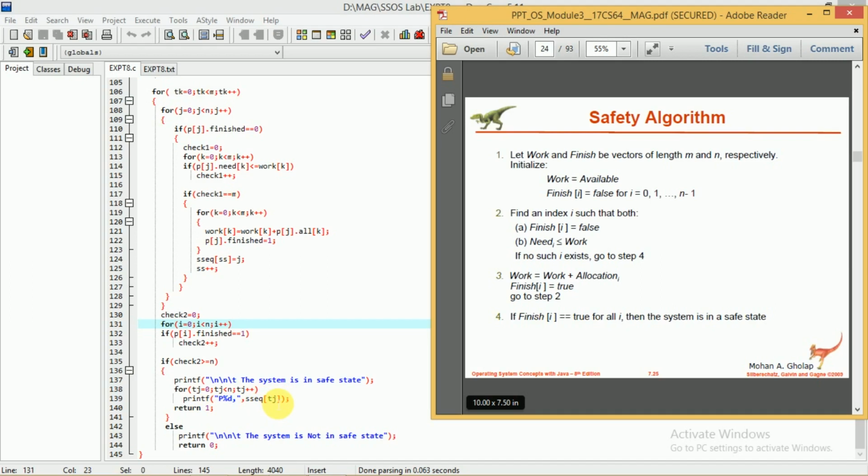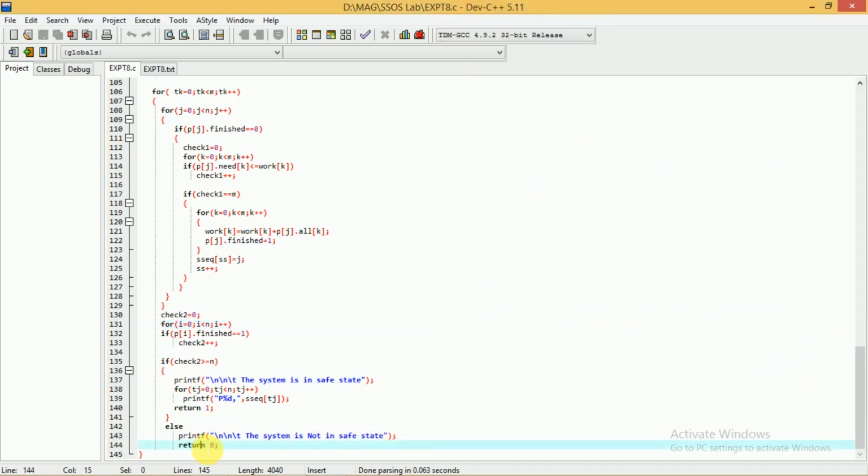After the p, we add that particular number to indicate whether it is p0, p1, p2, p3, and so on. This will be executed, and after that it will return 1 to indicate the successful execution. This is if the condition is true. If the condition is not true, we simply display the message that the system is not in safe state, and we return 0.